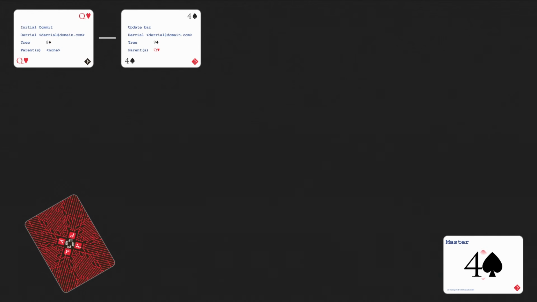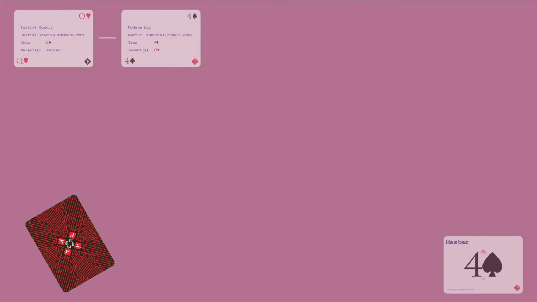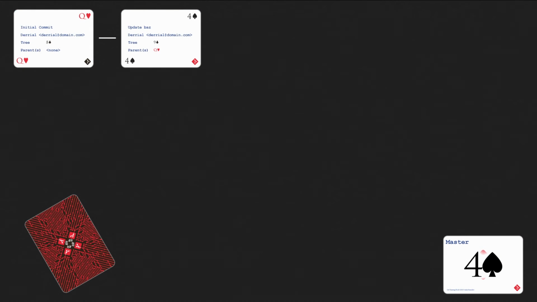So far, only one person is working on a single instance of the repo, but Git is a distributed system that really shines for teams. So let's move over to one of Deril's teammates' computers for a moment. If you're playing at home, you'll be playing Kaylee for the time being. At the moment, you don't have anything in your repo, so you'll need to get a copy of the repo so you can start work. To do this, you'll clone the repo from another member of the team, in this case, Deril. Pull out these cards and add them to Kaylee's deck in your hands.